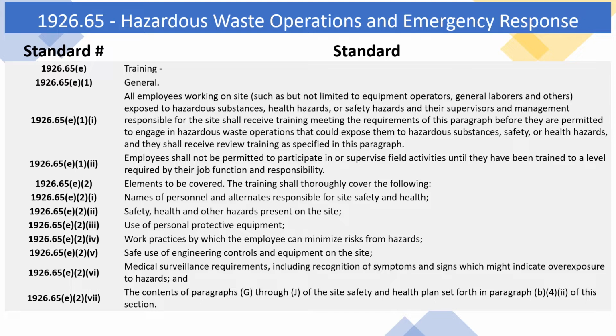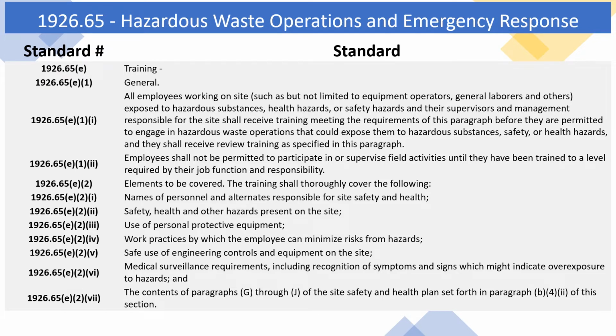1926.65 E2(1) Names of personnel and alternates responsible for site safety and health. 1926.65 E2(2) Safety, health and other hazards present on the site. 1926.65 E2(3) Use of personal protective equipment. 1926.65 E2(4) Work practices by which the employee can minimize risks from hazards. 1926.65 E2(5) Safe use of engineering controls and equipment on the site. 1926.65 E2(6) Medical surveillance requirements, including recognition of symptoms and signs which might indicate overexposure to hazards. And